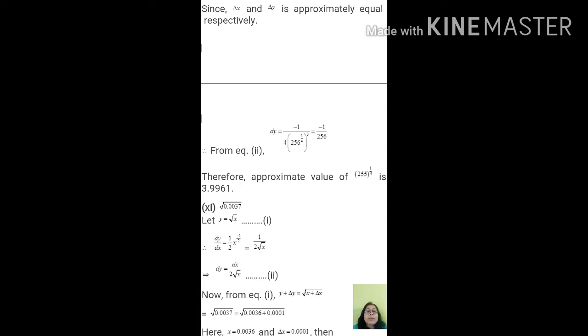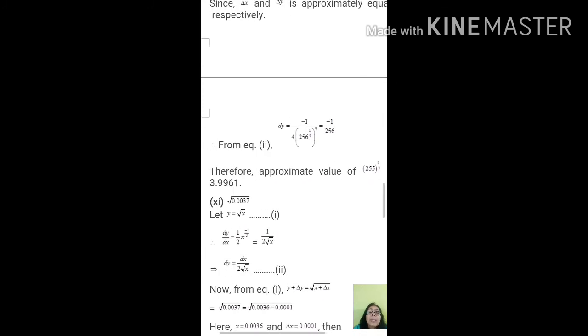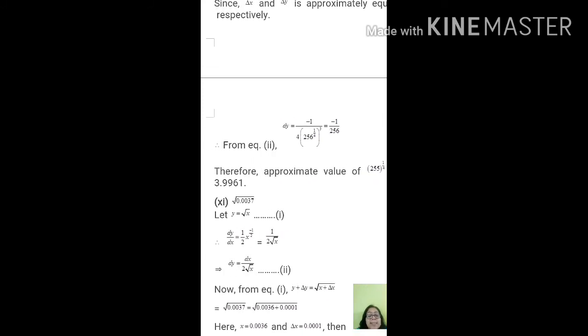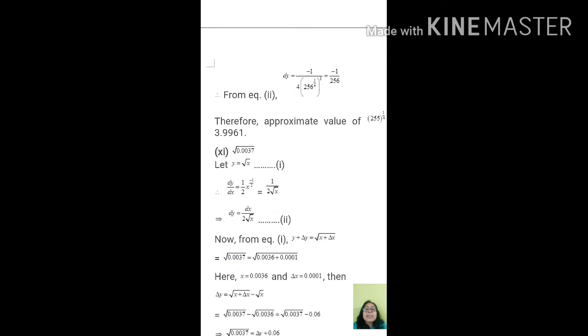So the approximate value of 255 whole to the power 1 by 4 is 4 minus 1 by 256. So the answer will come 3.9961. Already I have told it will be 3 point something. Okay, next one, it is